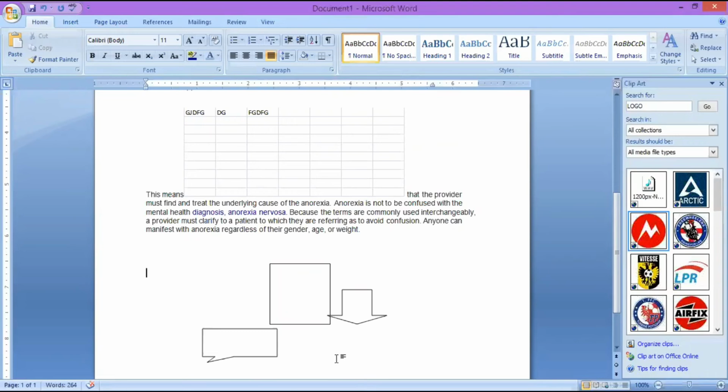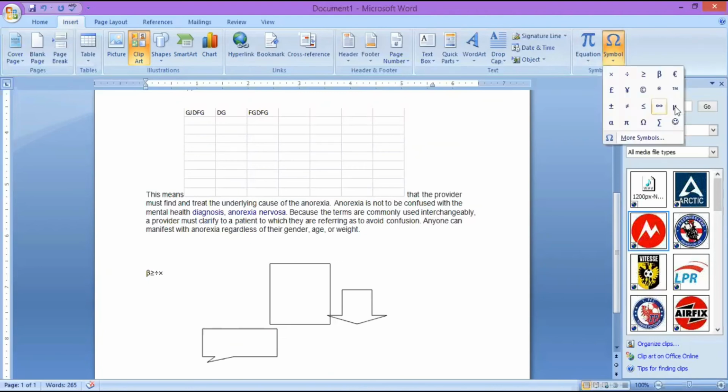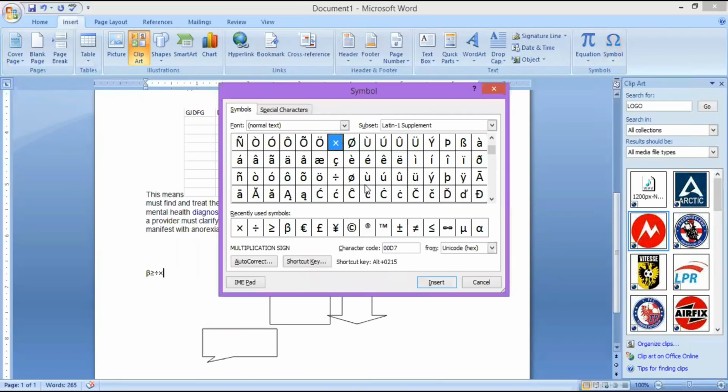Okay, now I'll show you how to insert the symbols in the document. Sometimes we may need to insert symbols. That again is available under the Insert tab under the Symbols group. Click on Symbol. You have all the special symbols, special characters displayed here, which you can use in your document. So beta and greater than symbol, all the special characters you can use from here. And even the mu, you can use it, and you can click on More Symbols.